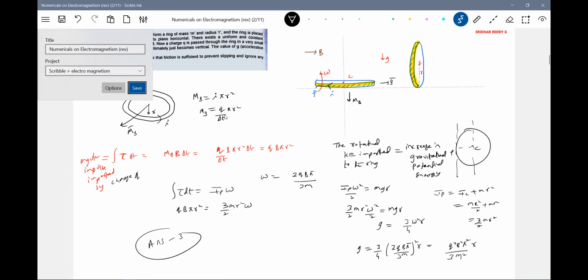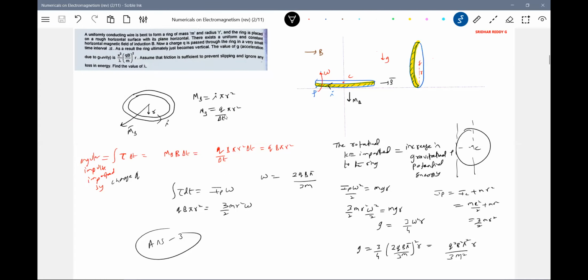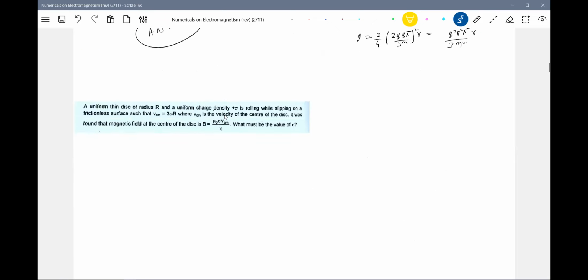You can expect questions requiring very sharp thinking. That's what I feel when I check the advanced paper. I do get questions where very good ideas are involved. If students analyze it, it'll be very easy. We'll take the next one.